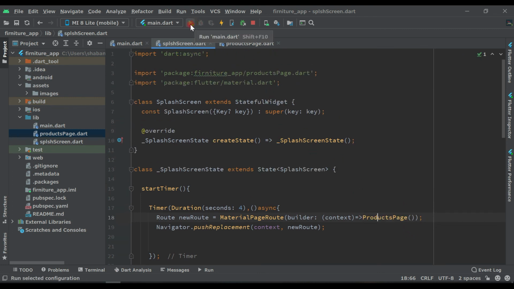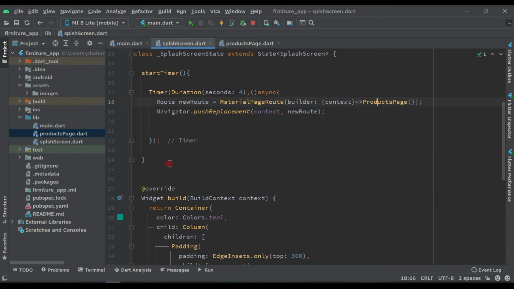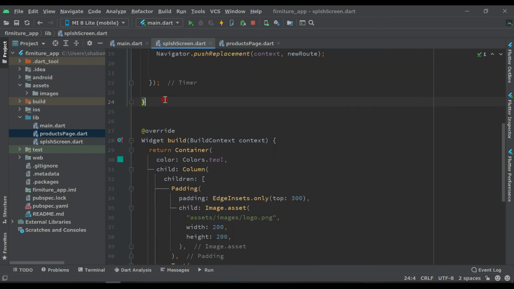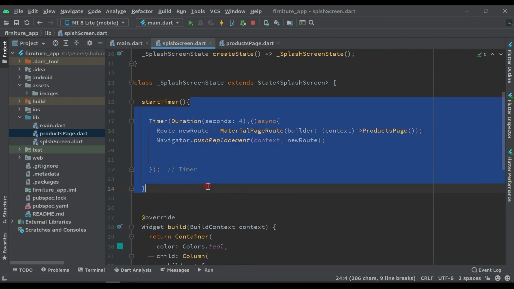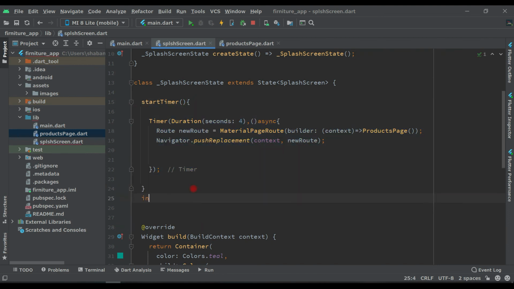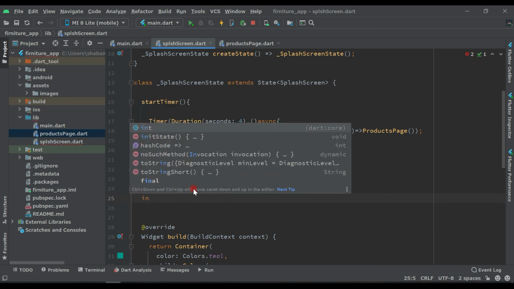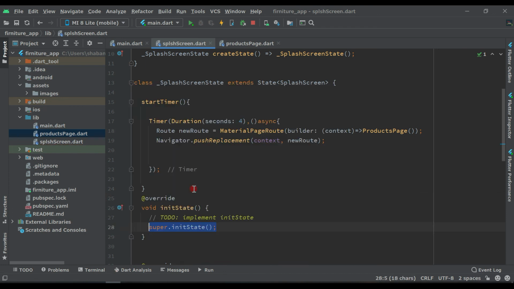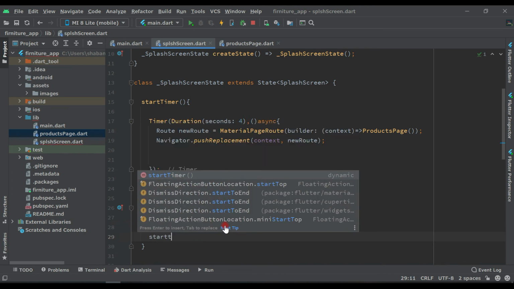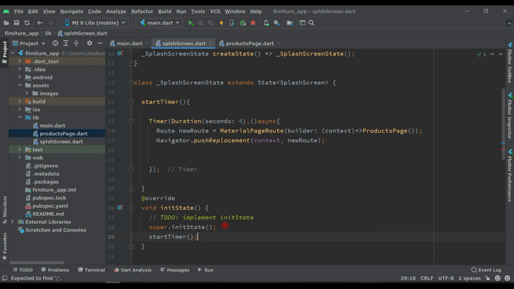Now let's start. And one more thing I have forgotten, come back here, and before this override and after this function, right here initState, and after super.initState pass here this timer function, this one, and semicolon.